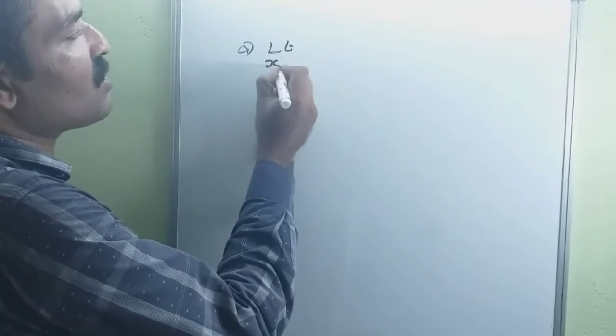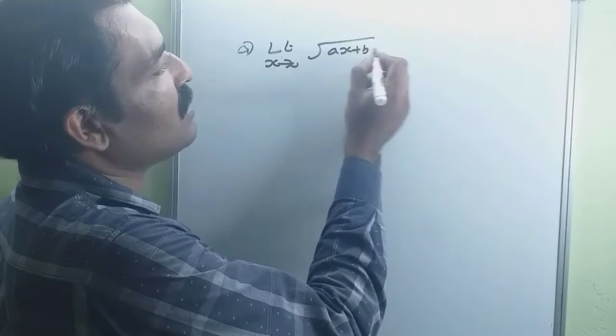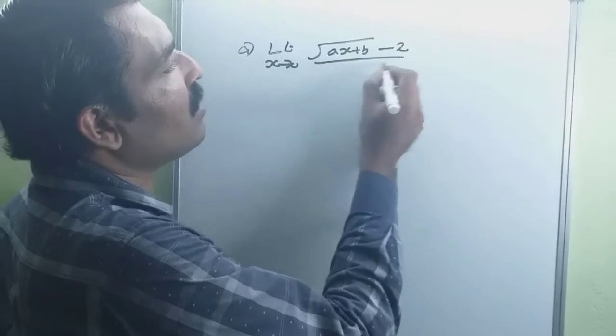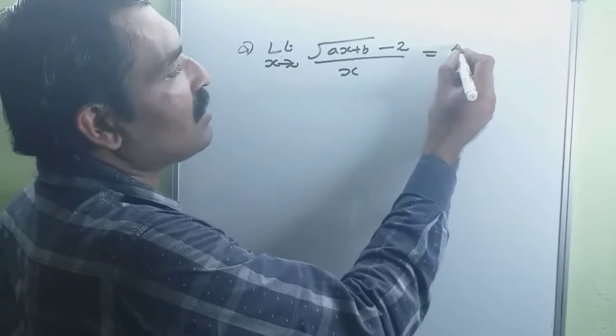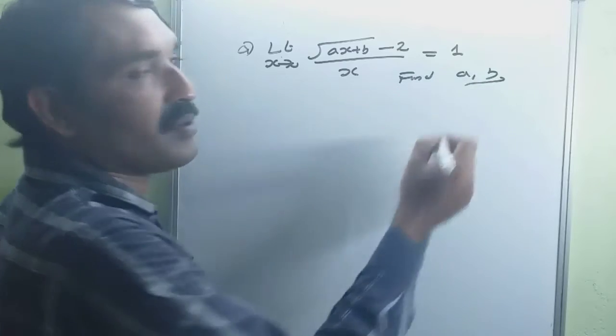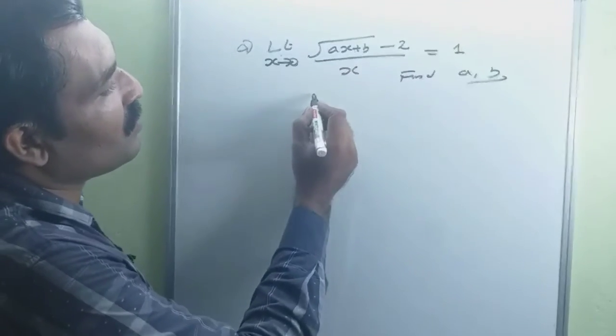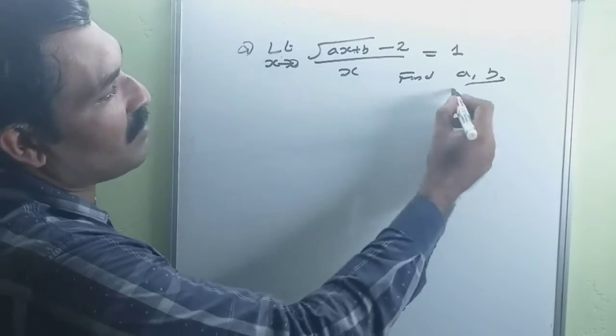Limit x tends to 0, root of ax plus b minus 2 divided by x is equal to 1. Find a and b. Okay. Now by direct substitution, what is the answer? The answer becomes, by direct substitution,